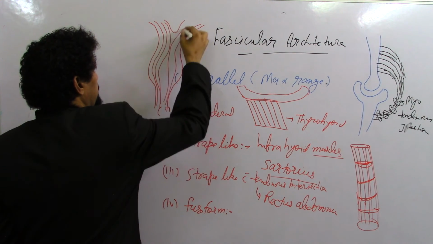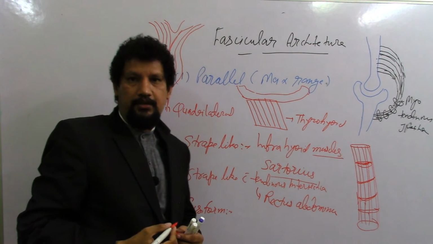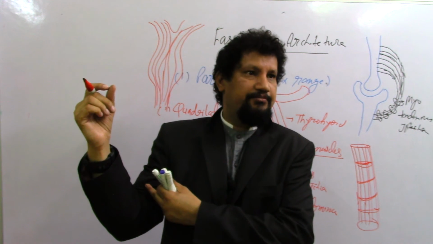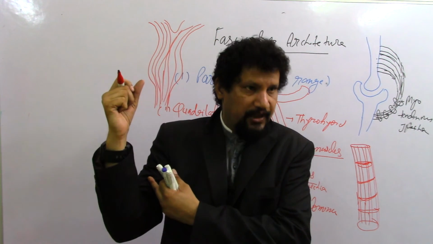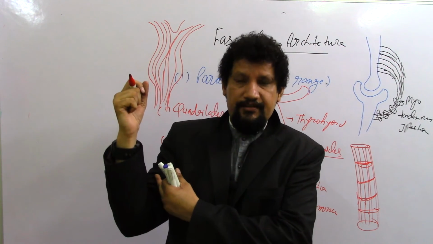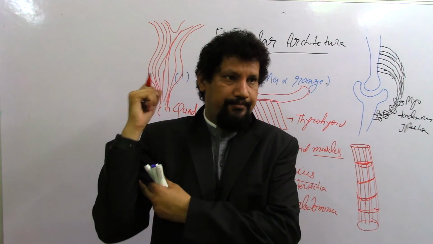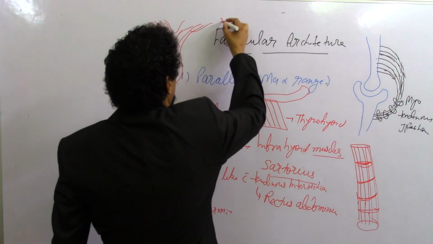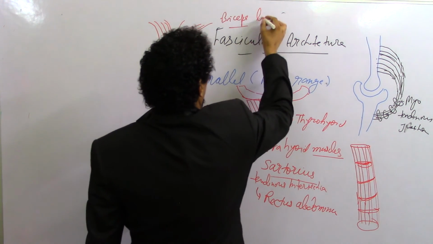This is seen in the biceps muscle of the flexor compartment of the arm. This muscle is an example of parallel arrangement of the fasciculi in a fusiform shape, which is seen in the biceps brachii,